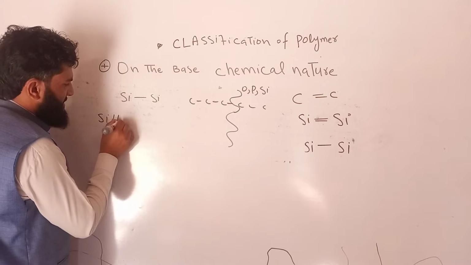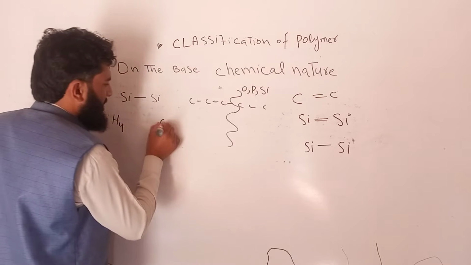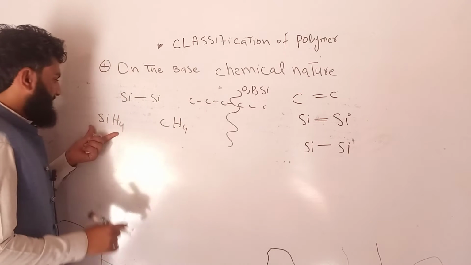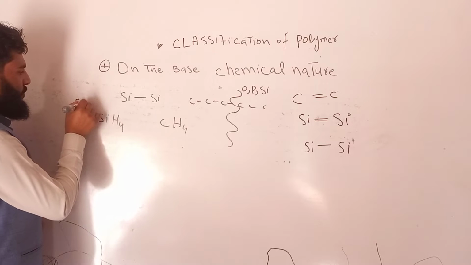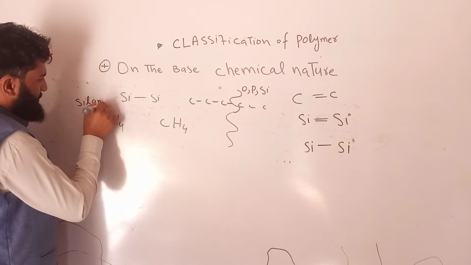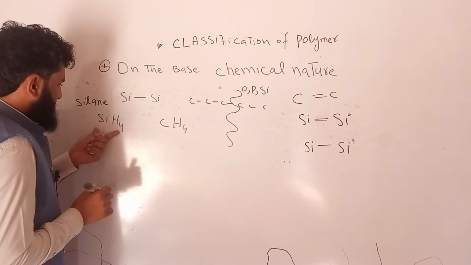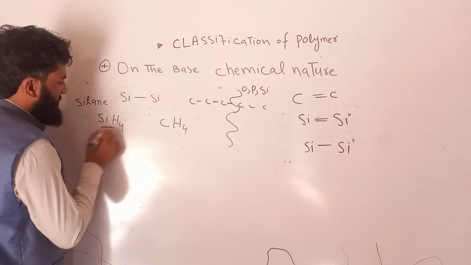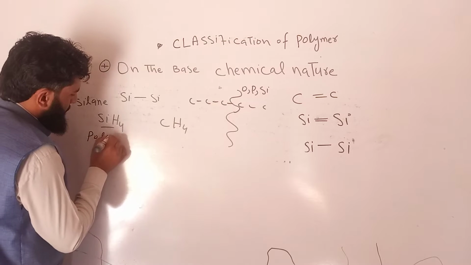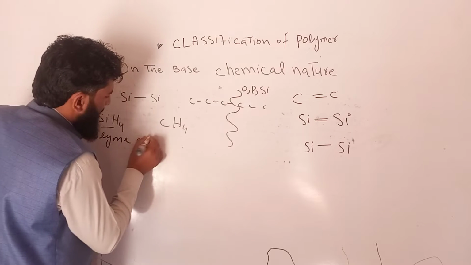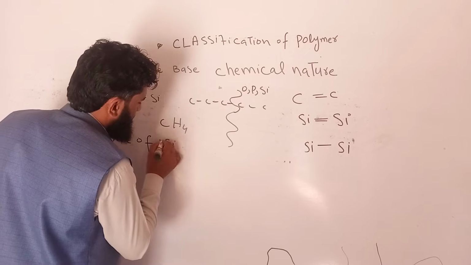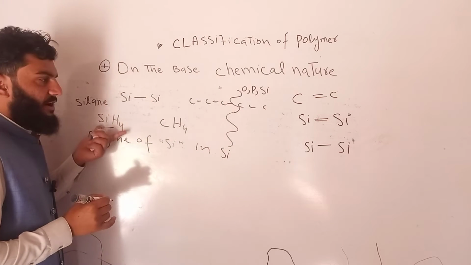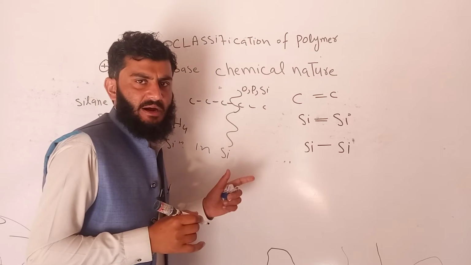Silicon can also exist as, and carbon also exists as, this is methane while this is silane. Clear? So the polymer of silicon in silane form, silicon single bond form,